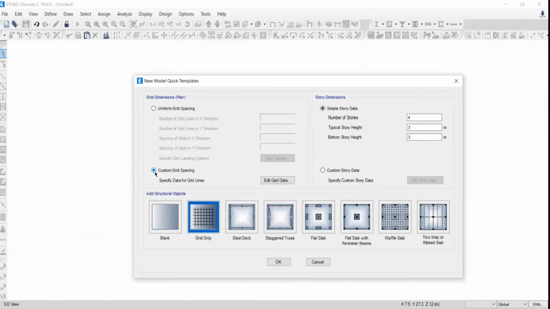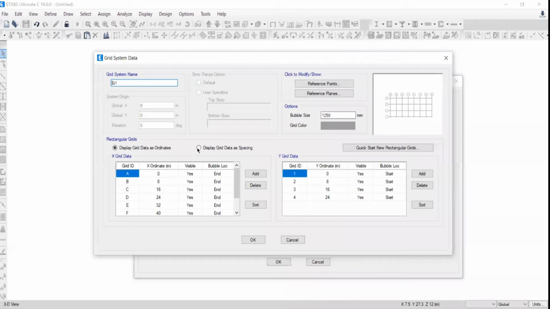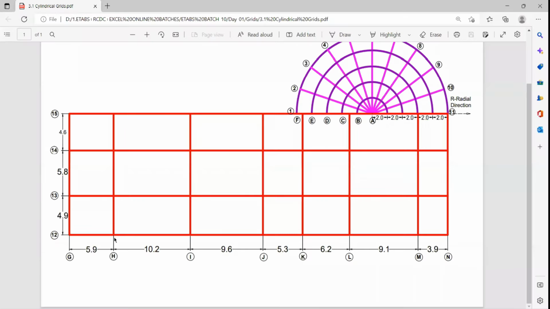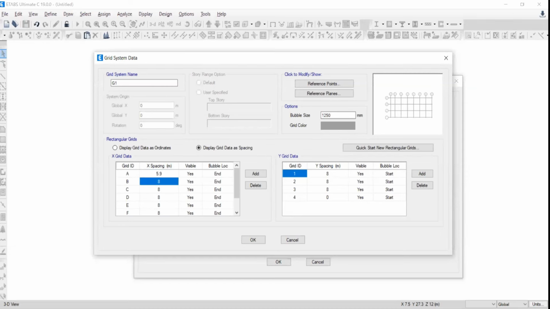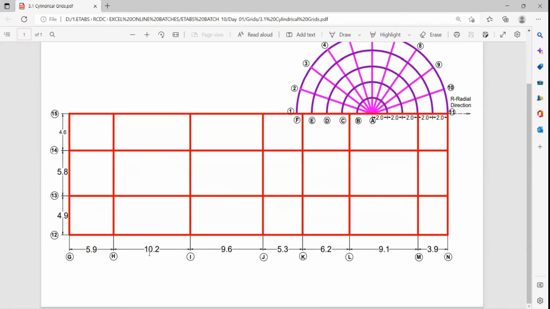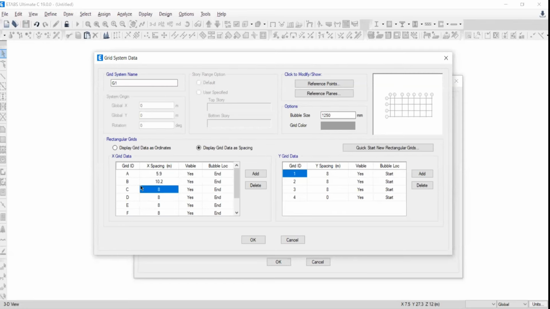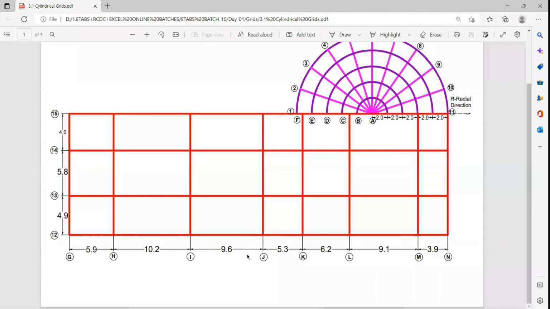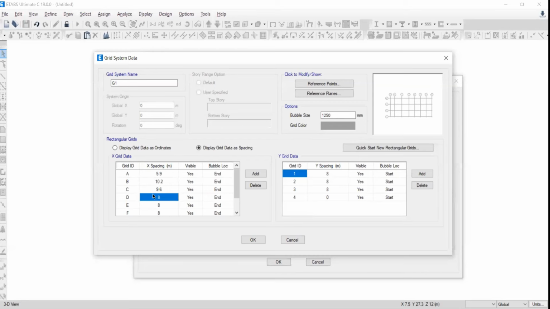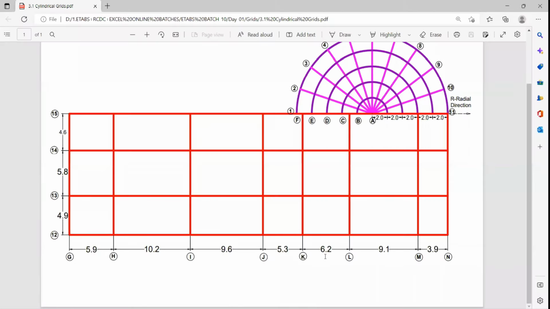Go to custom grid spacing, go to edit grid data, click over that. Then we have to proceed with the second option, display grid data as spacing. Now here I have to edit the spacing individually. A to B means first to second, in reference to this first. How much is it? 5.9. Yes, 5.9 it is. Now next 10.2, 10.2, next 9.6, 9.6, next 5.3, 6.2,